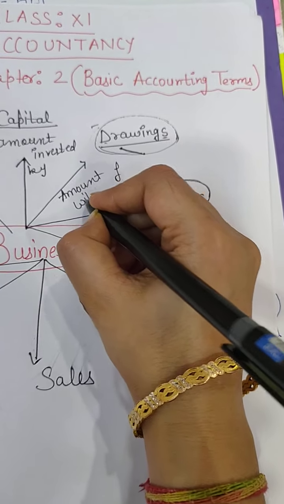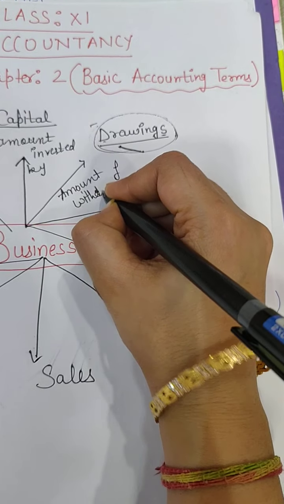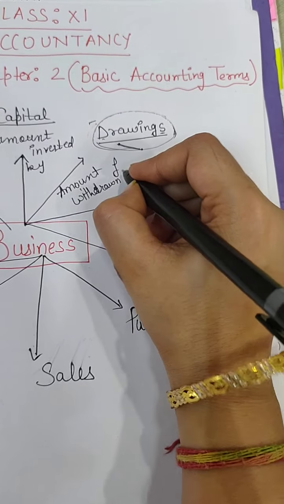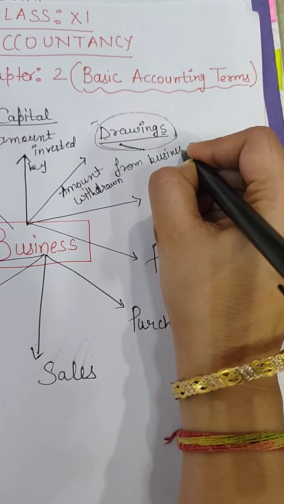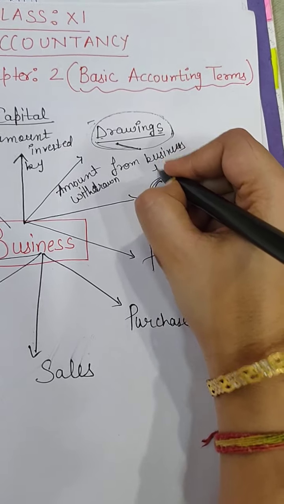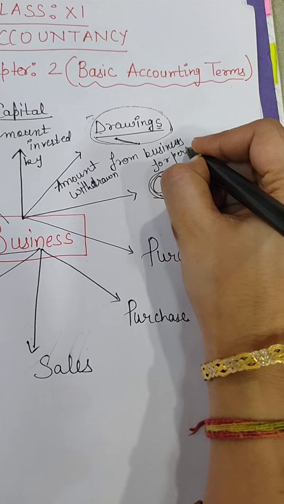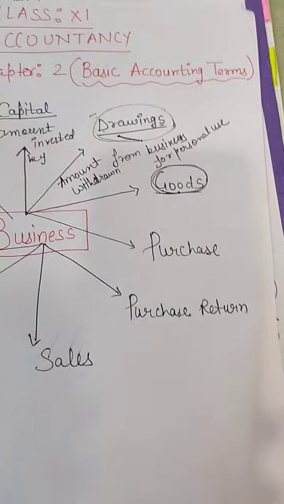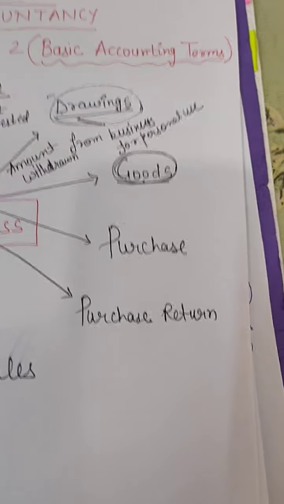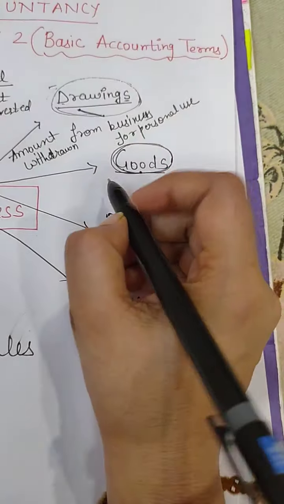So, amount withdrawn from business for personal use. For goods, I have already told you that